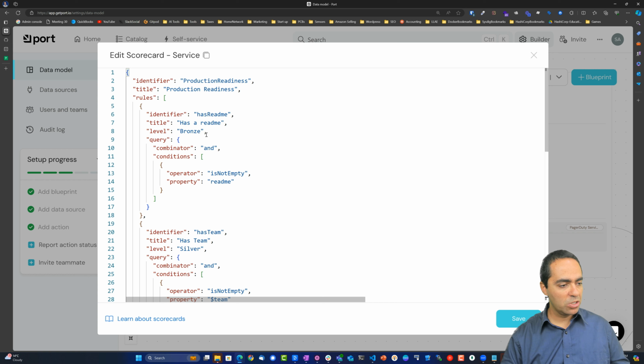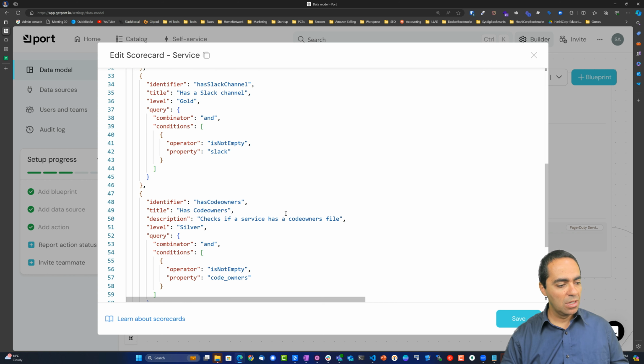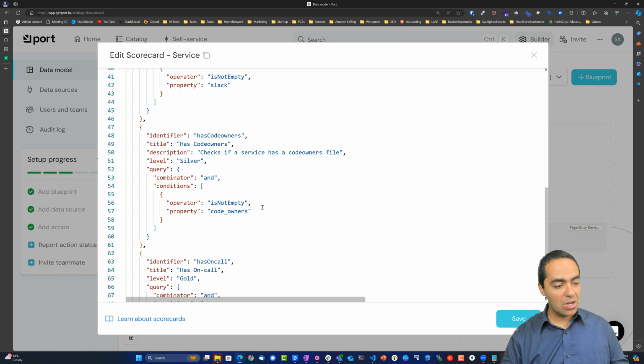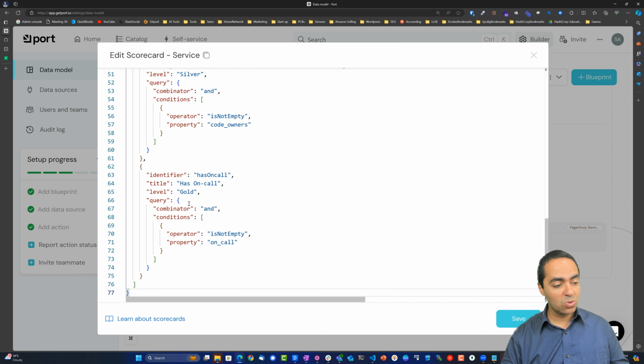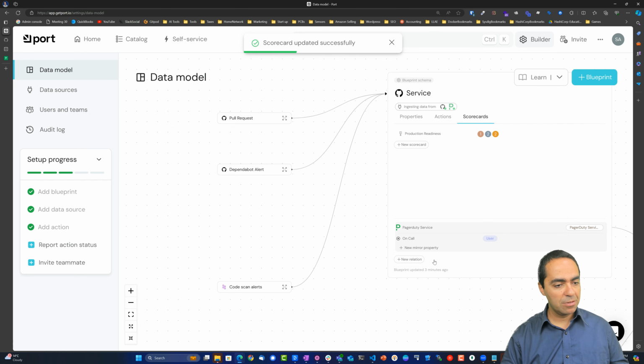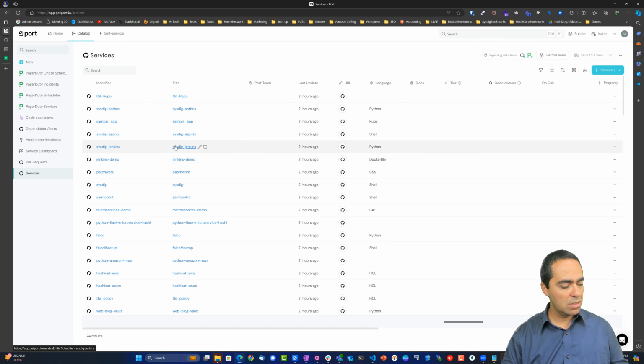So you'll see production readiness has README, has team, has Slack channel, has code owners that we just saw. So if it does, the level is silver. Operator is not empty. Code owners has on-call. This will be gold if you have an on-call as well. Let's save that. So now if we go to the catalog, click on services, you'll see the column, of course,